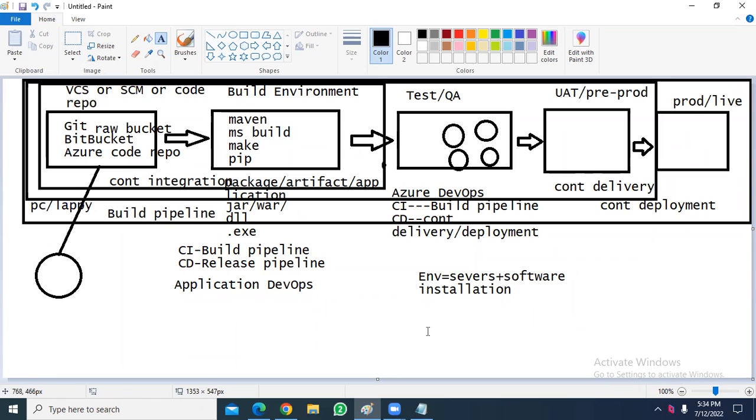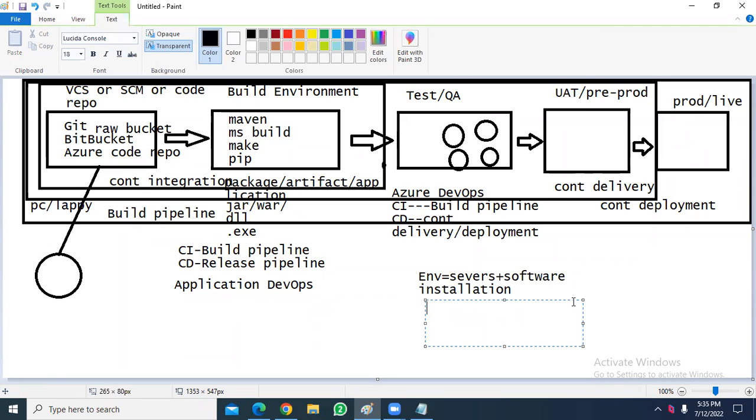Now, when it comes to infra DevOps, apart from creating application build and release pipelines, you will also create environments. You will also create infrastructure. As an Azure DevOps engineer, we are going to create only build and release pipelines.